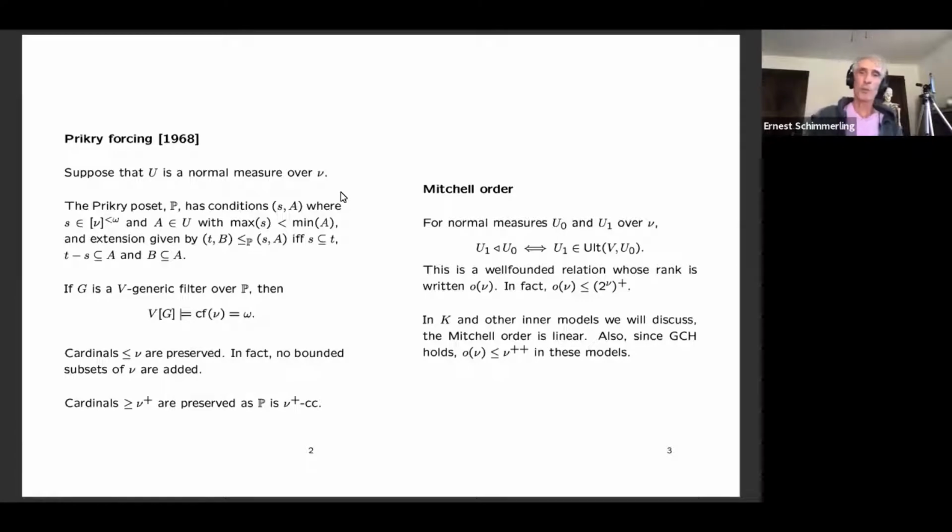So I'll remind you of a few things first. So first of all, Prikry forcing. Suppose that U is a normal measure over a cardinal nu. So the Prikry poset consists of